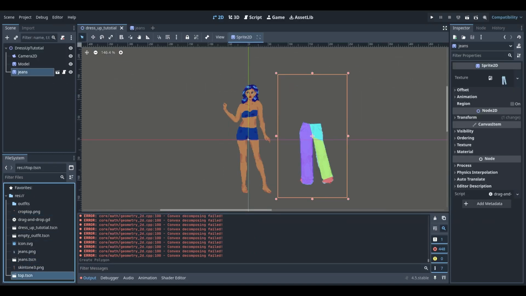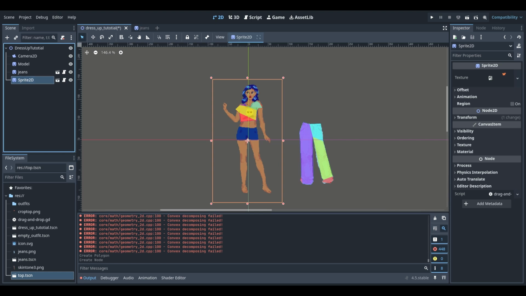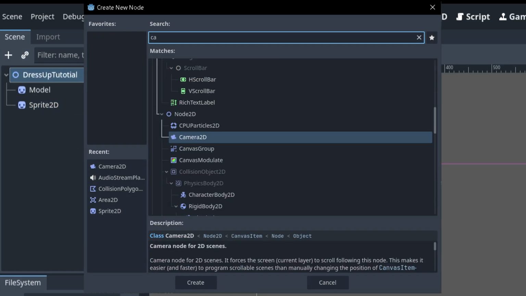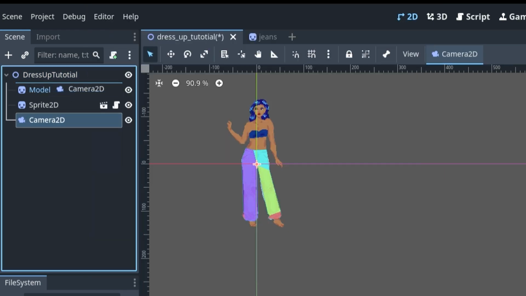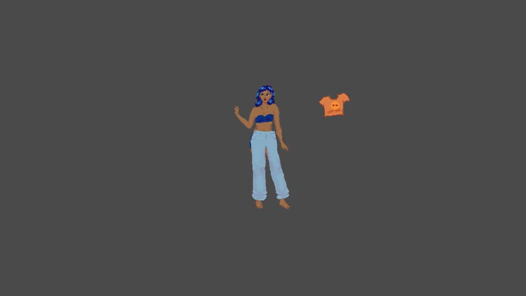Click and drag the crop top into the main scene, and that also looks good to me. So let's add a camera. Go to the top left plus button to add a Camera2D to the scene. Then go to the right side to press play. I'm going to use the play button that lets you play from any scene instead of the default play